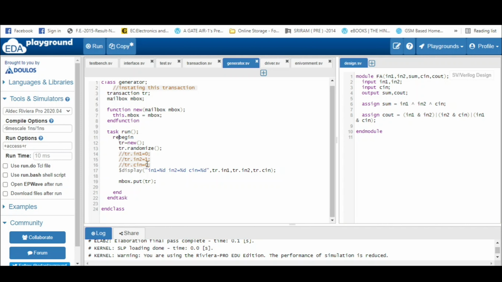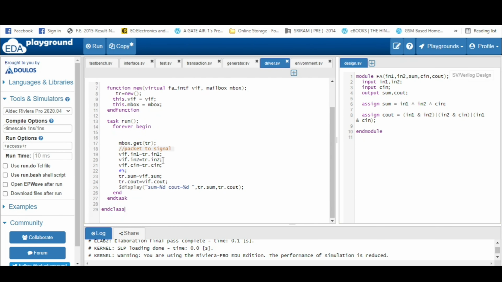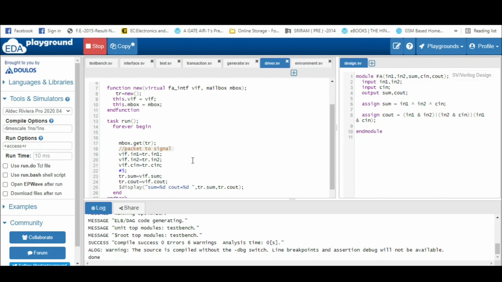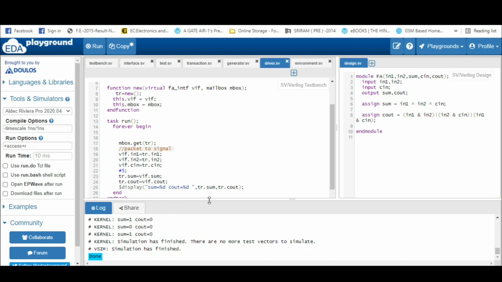Let's repeat suppose 3 times. And in the driver we have forever begin, so no need to do anything there. Because of the forever begin, we will definitely get the packets however many times we are sending, so that won't be any issue here. Now let's see what result we are getting.